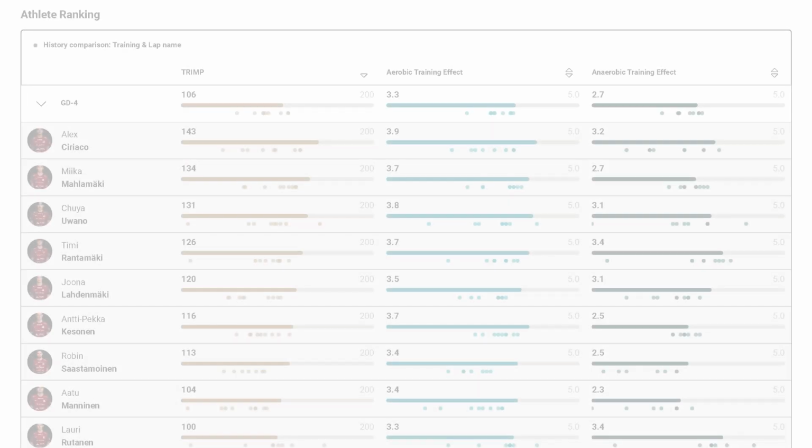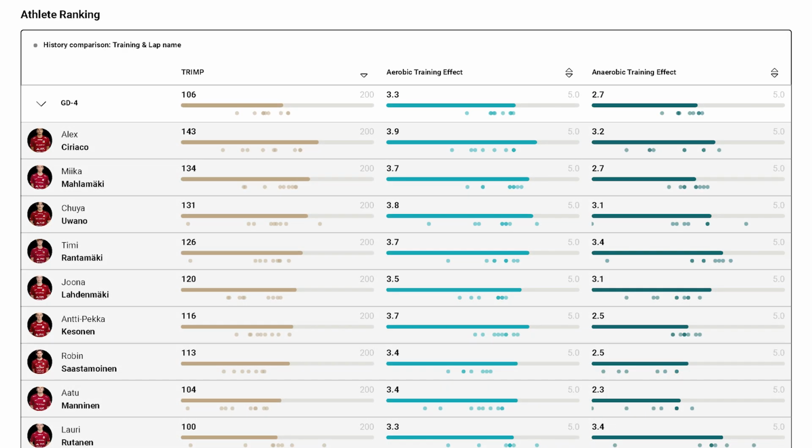This section allows you to see a ranking table of individual athletes, while also seeing how their session compares to history as depicted by the dots below the data bar. Maybe you want to check who had the highest, lowest values, or perhaps you want to check how each athlete